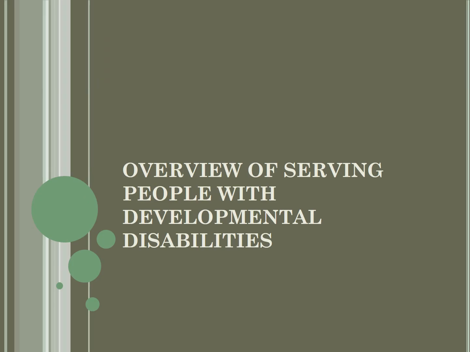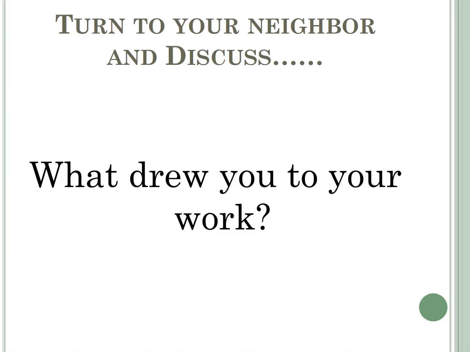So now we'll start to get into the actual topics that are required as a part of the training. And the first topic is the overview of serving people with developmental disabilities. A really good way to start off with this topic is to have your staff turn to their neighbor and discuss what drew you to this line of work. That's when you really get people to come out of their shell and talk about why this is so important